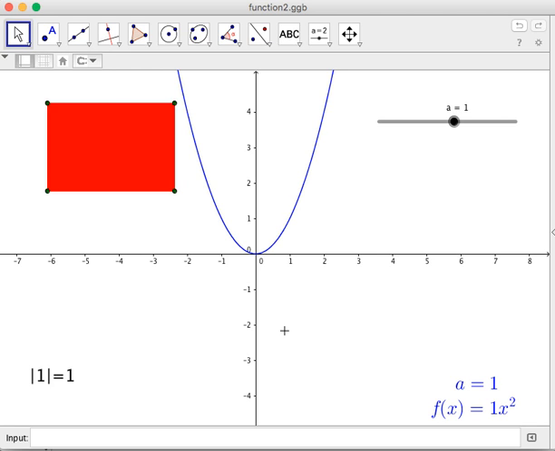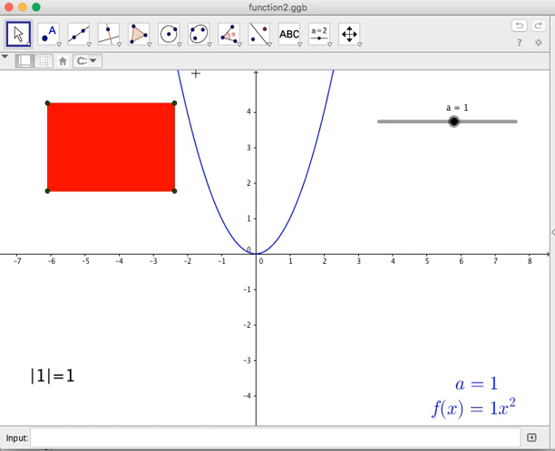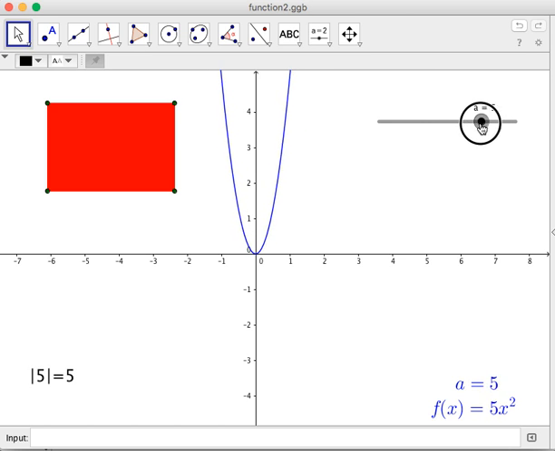And kung napanood nyo yung previous video natin, yung QF04 at yung QF05, diniscuss natin yung mga characteristics or properties ng function with respect to A. Remember, yung ating in-explore is yung the effect of A in the quadratic function y equals ax squared. Okay, so here, itutuloy natin yung ating napag-usapan sa dalawang videos na yon at i-verify natin